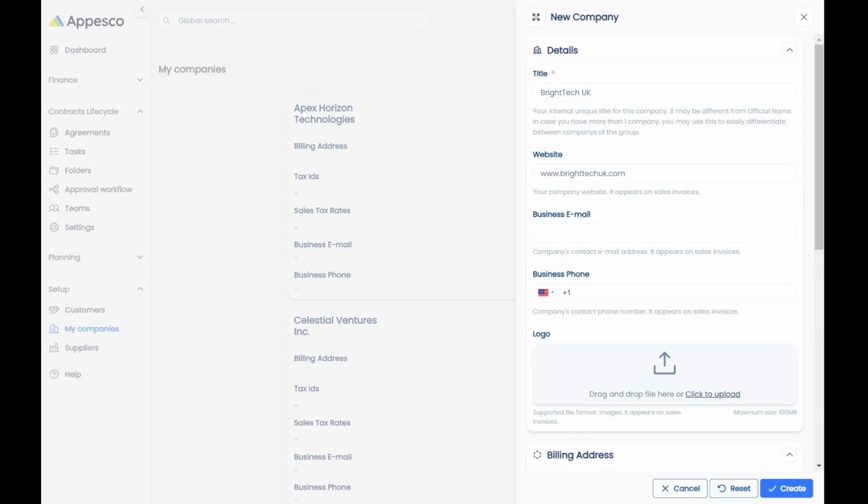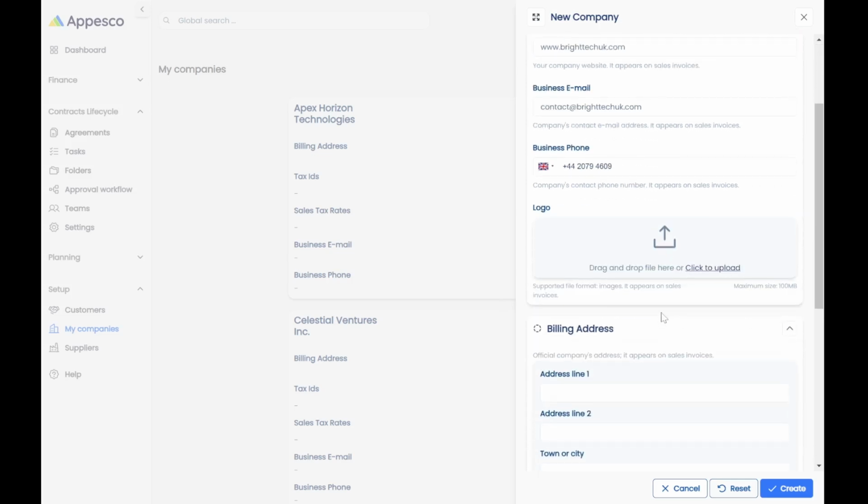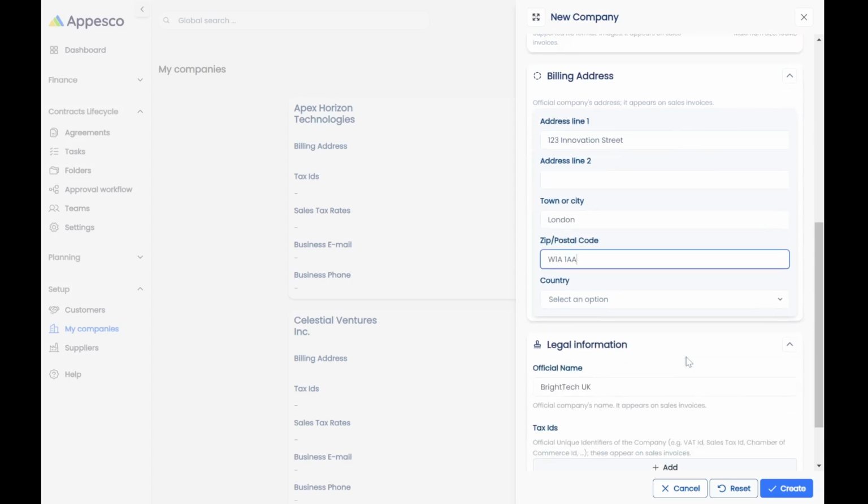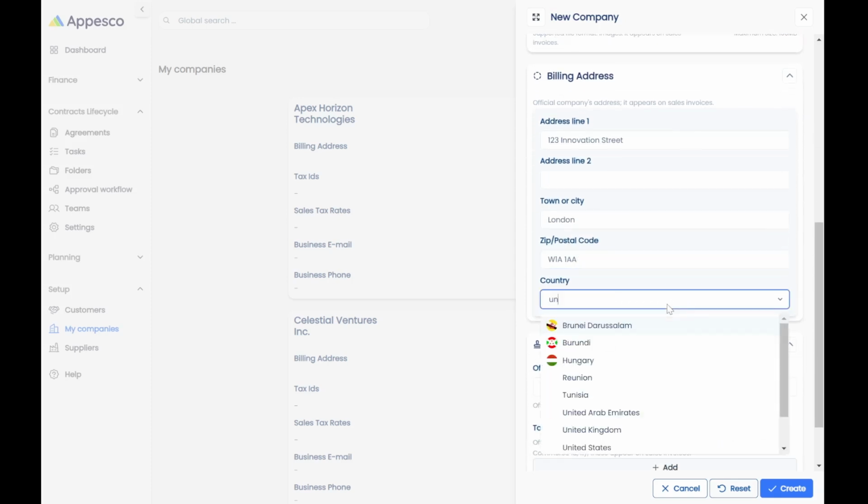Then we have website, business email, phone number. You can add a logo as an attachment. Then you have the billing address with address line, town or city, postal code, country,